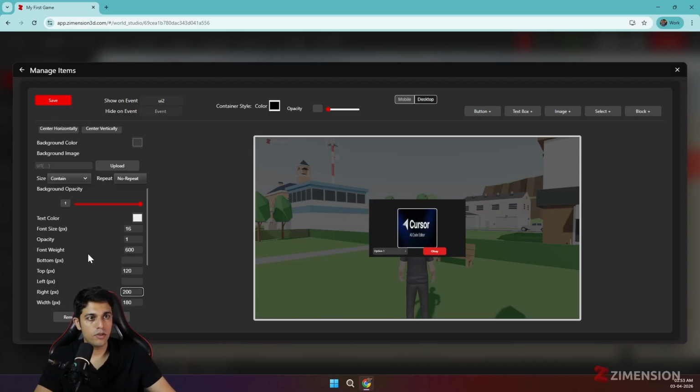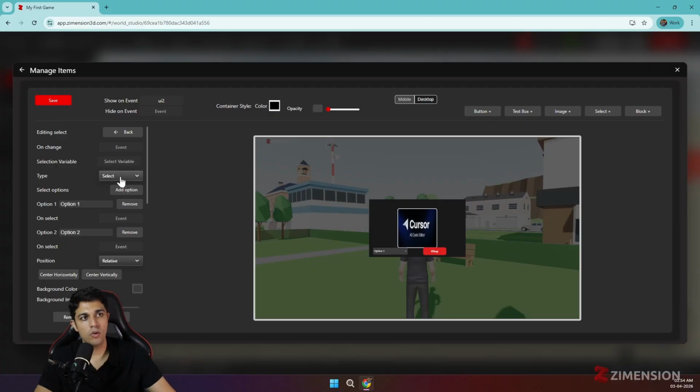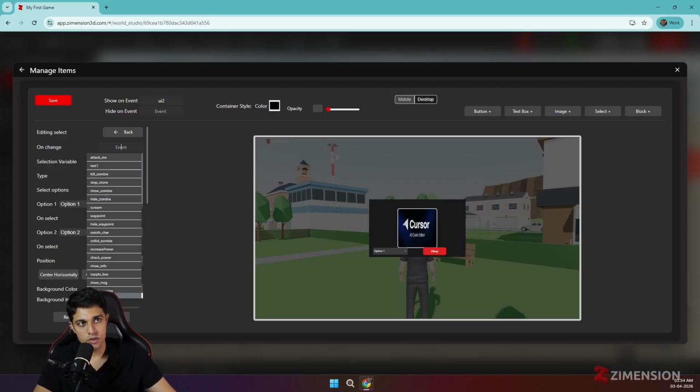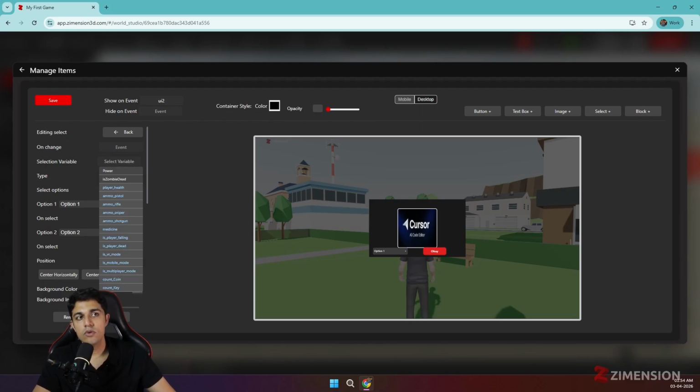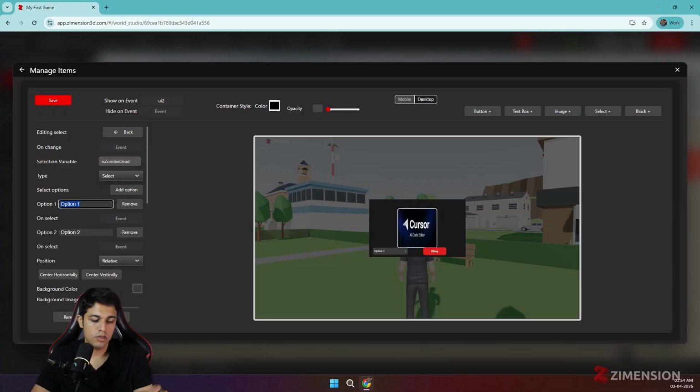Okay. I know everything is messed up, but here you can actually add multiple options, right? So on change, if you want to trigger any event when you change this value, you can set it. You have to definitely assign a variable where this thing should be saved. We don't have a variable, so maybe we can create something, right? But for now I'm just keeping the zombie one here, and then you can write the name of the options, like if you want the user to select from